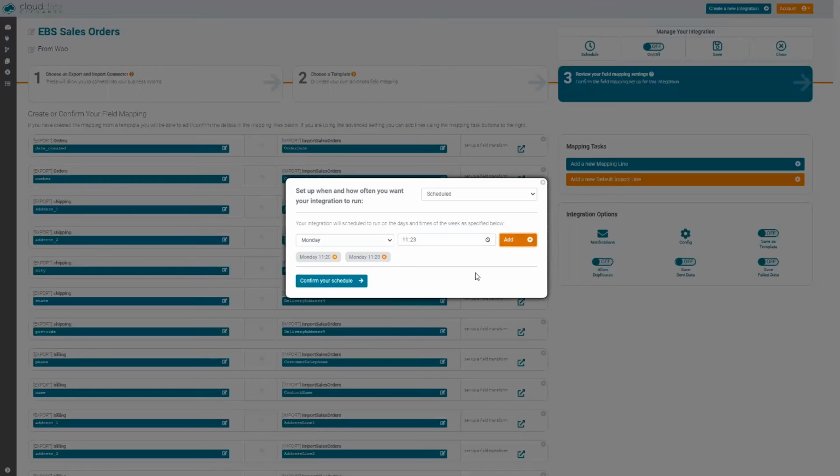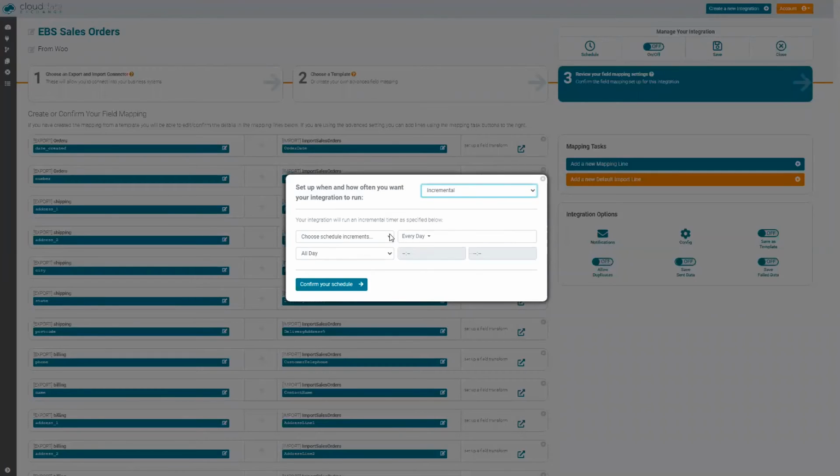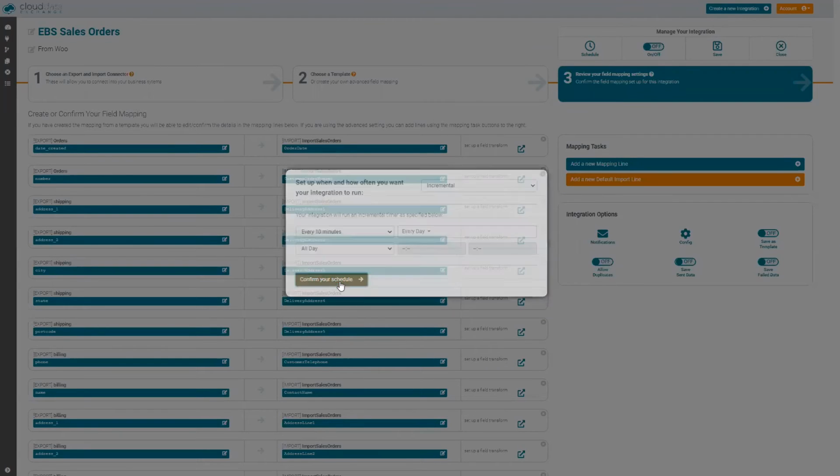So we can automate the process to be as frequent or infrequent as we like, or we can set this up incrementally and say, let's do it every 10 minutes or every 5 minutes or every hour or every 2 hours.